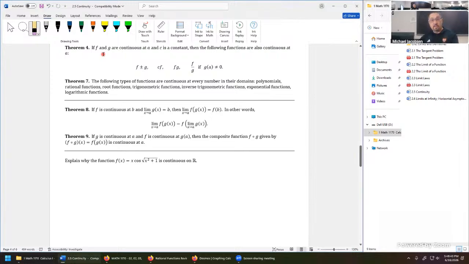First, theorem number 4 is about combining functions. If you have two functions, f and g, and they happen to be continuous at a number a, and c is some other constant, it could be 0, could be 17/3, pi divided by square root of 12, something random like that, just a constant number, not a variable. So grab two functions continuous at a, and an arbitrary constant,